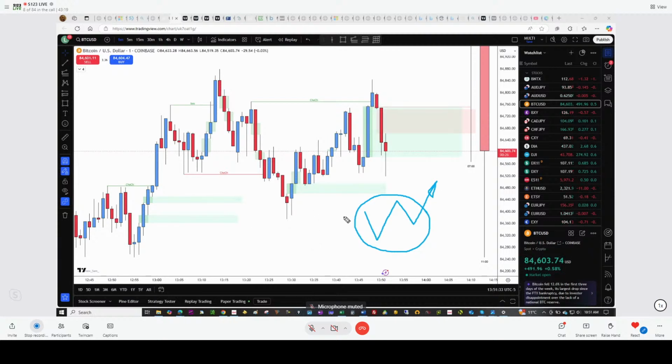What ICT has brought to the game for me is an addition to the pattern, and that's this movement here. Previous to that, I didn't look at this leg, this little piece here. I only looked for this movement. You can flip it upside down for a sell, but this would be in a buy situation. So all I was looking for is this 1, 2, 3,